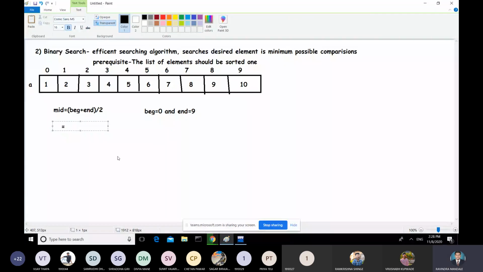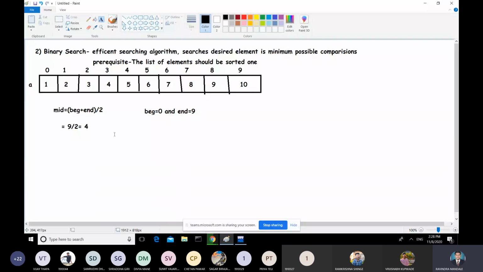What is mid? 0 plus 9, divided by 2. That is 9 divided by 2. Both are integer numbers, so the result will again be an integer. So you will get 4.